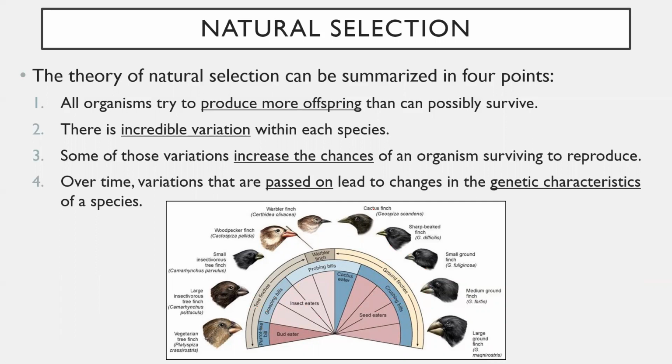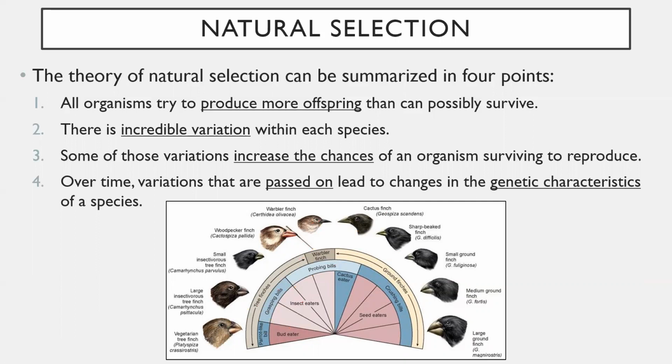There was a certain type of finch called a cactus finch, which eats, of course, cactus, and its beak was formed in such a specialized way that it was able to eat the cactus without actually being poked by the spines. There were several other types of finches that didn't eat seeds or cactus. They ate insects, and their beaks were also designed in such a way that they were able to eat insects